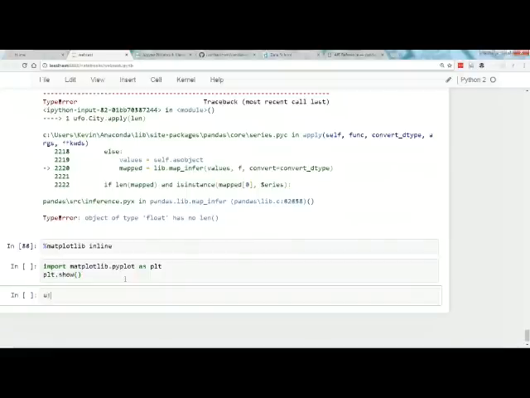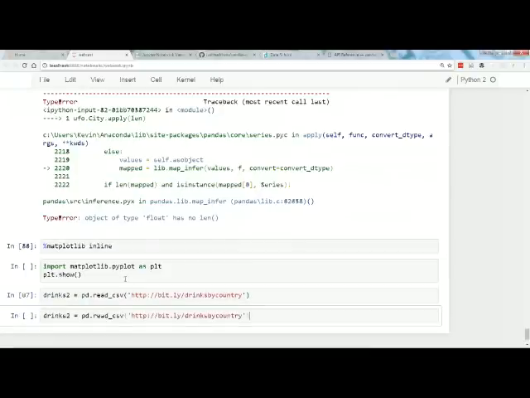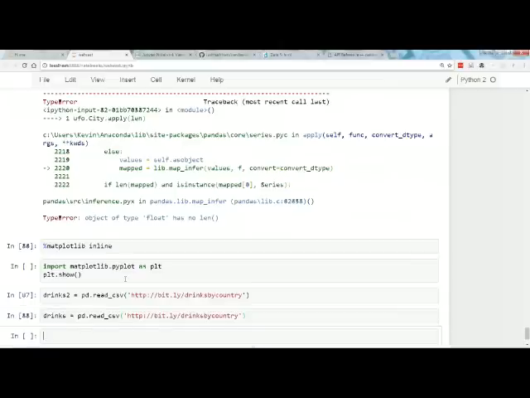Let's see, how can we do this? drinks2 equals pd.read_csv bit.ly/drinks by country. Okay, so let's do that. And then we're saying drinks equals drinks2.